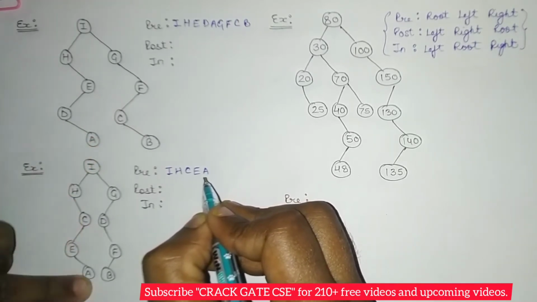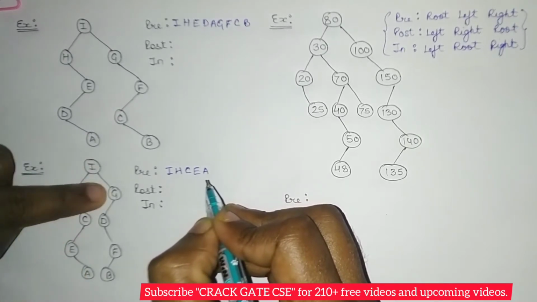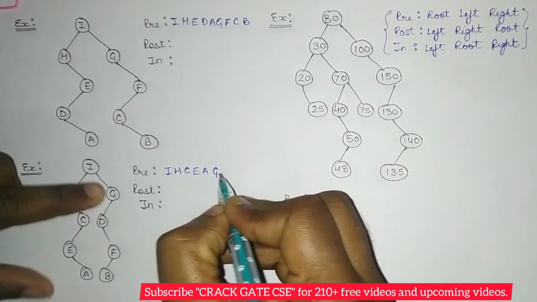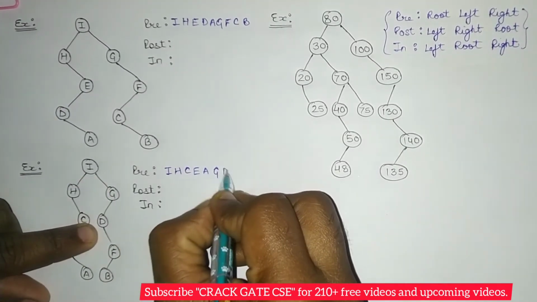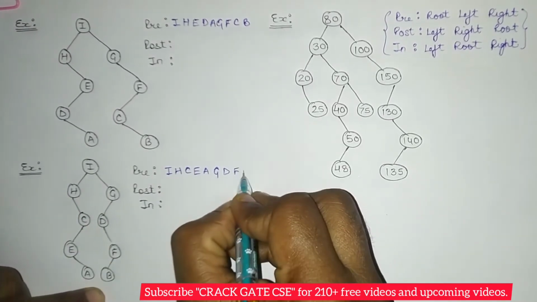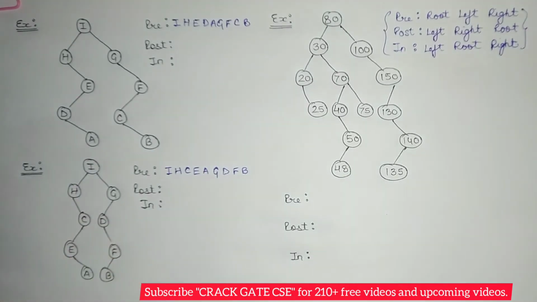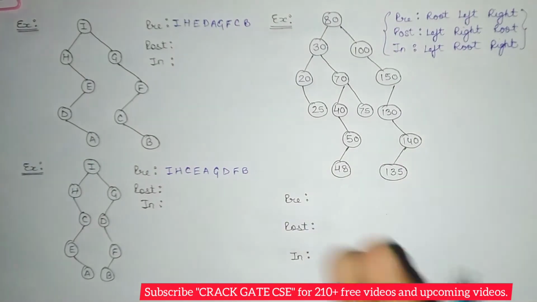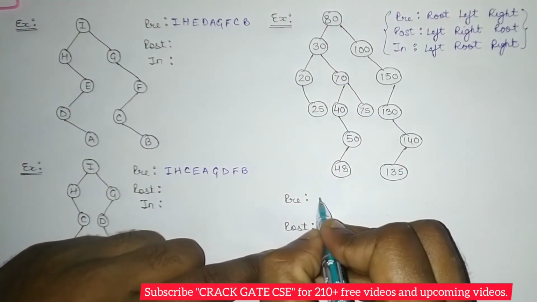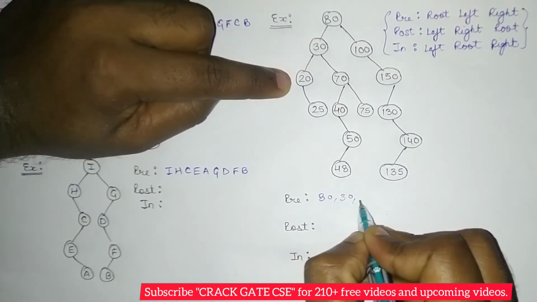I, H, C, E, A. Similarly, now this root is done, this left is done, so move on to this right. Again, when we are moving on to G, print G. If left is there, go to left and print the root. If left is not there, go to right and print the root. So F, then B. So you can see how easy it is to find out the pre-order. Similarly, we can find out the pre-order for this third example as well. So let's quickly do that also. Go to first root 80, left 30, again left 20.